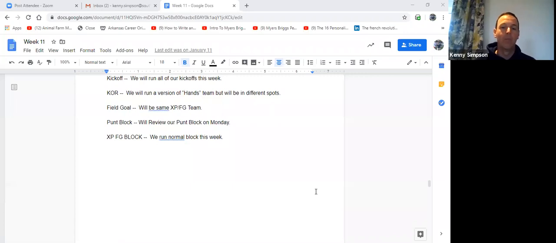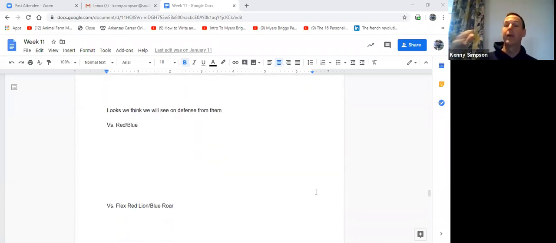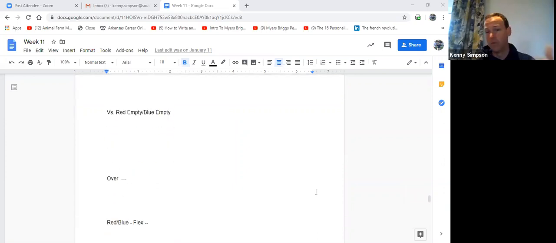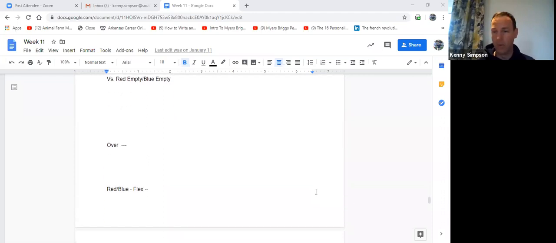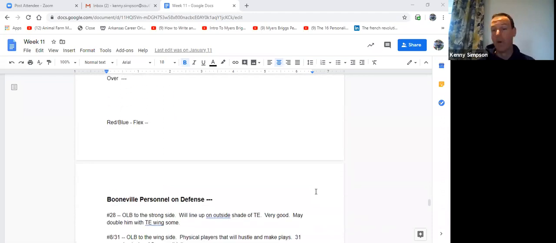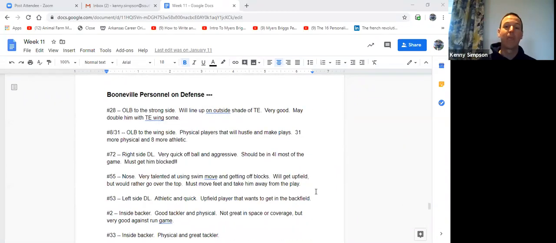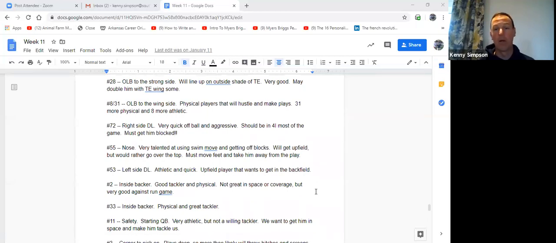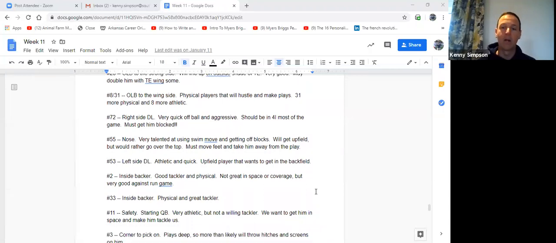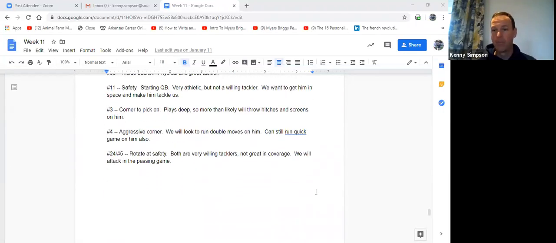Okay. Then we talk about how they're going to line up against us. Sorry, the first part was how they're going to line up. Second one is here's what we're going to do and here's how they're going to line up. Obviously, this is blank, so you would fill this in with whatever your major sets are. If you're better than me and you don't have to draw it, you could print it up, put it in a slide or whatever. Then we'll talk about their defense. Okay, here's the guy that's going to play here. Here's how he plays. Same thing here. Our scout team guys need to be reading this and paying attention so they can give us this kind of look throughout the week. Okay.